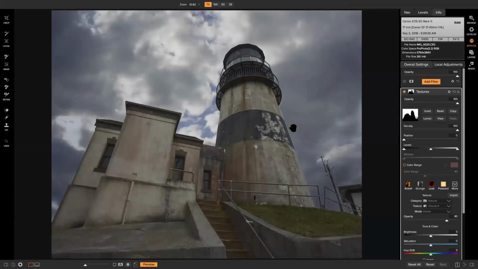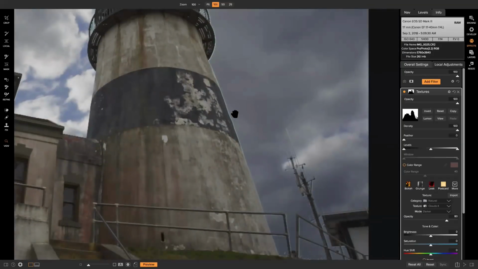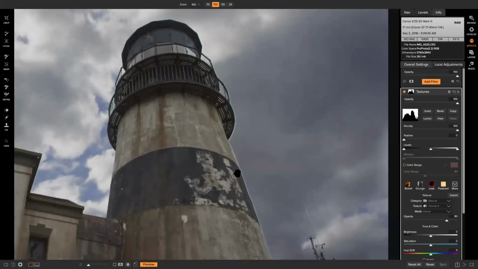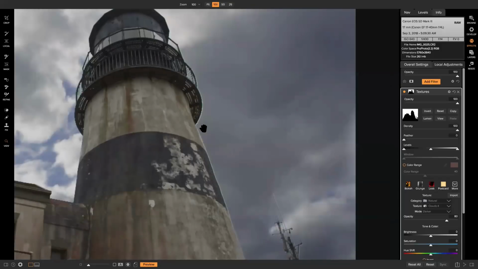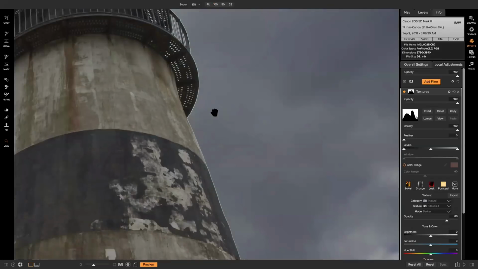Anyway, you guys can probably see that little fringe around the lighthouse, right? Whenever you're masking, it's kind of hard to get the entire thing perfect, especially in the first go. And that's why we have refinement tools. Refinement tools are a little bit of a more advanced thing in masking, but they honestly shouldn't be